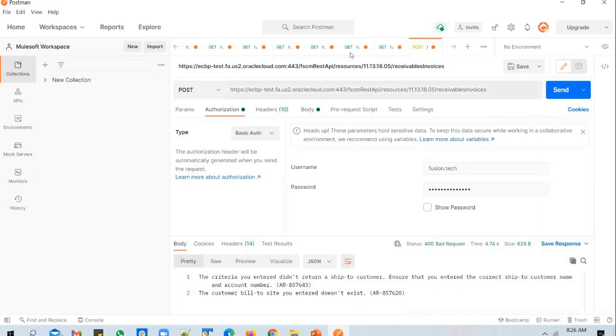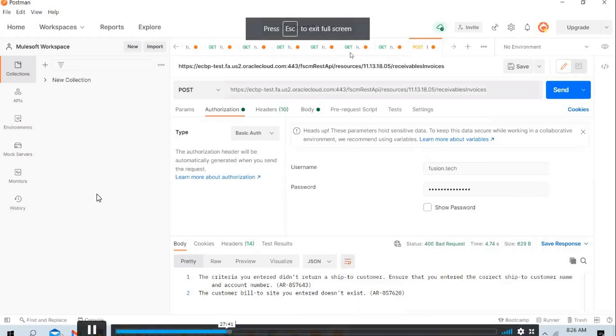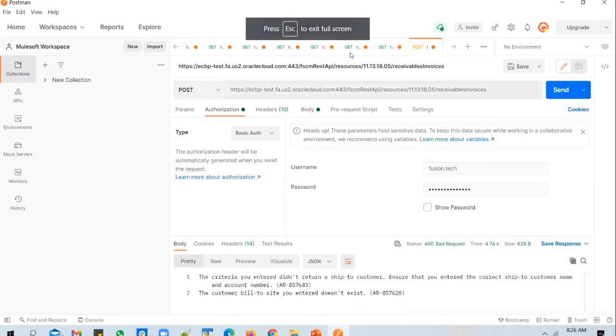It's throwing some error. Let me get a different payload. I think I've tried out a different option there. Just give me a minute, guys.